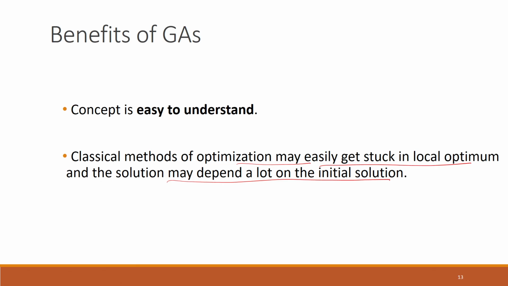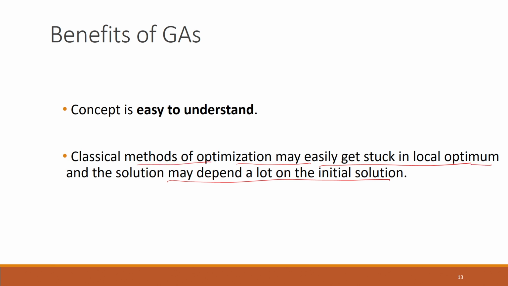Okay, for example, we have the savings algorithm, the iterative tour partitioning algorithm and so on. Those are also greedy in nature, that is they try to make the best decisions in the given current iteration, but they are not guaranteed to be optimal. Okay, so that's why these classical methods of optimization can get stuck in a local optimum,